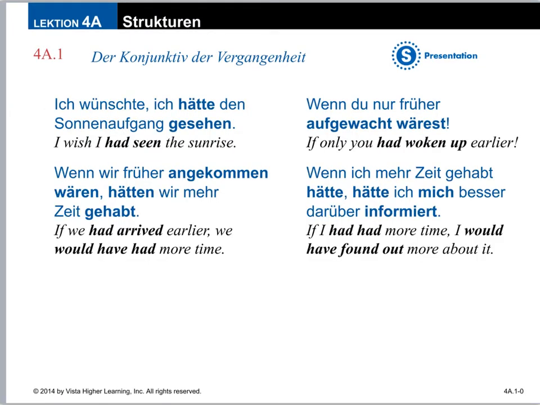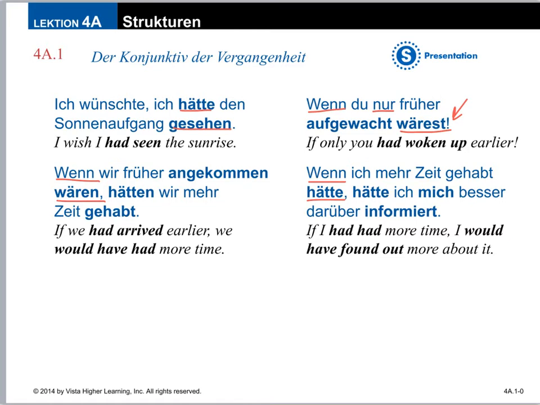Here are some more examples of the Konjunktiv der Vergangenheit. Ich wünschte, ich hätte den Sonnenaufgang gesehen. So I wish I would have seen the sunrise. The other three examples use wenn for if. Remember that wenn is a subordinating conjunction, so when you use it, that verb is going to get kicked to the end of the clause. So see where I underlined it, I had wenn, and the hätte or wäre is at the very end of the clause. Wenn du nur, so adding nur makes it if only you, wärest is our would have, aufgewacht, woken up